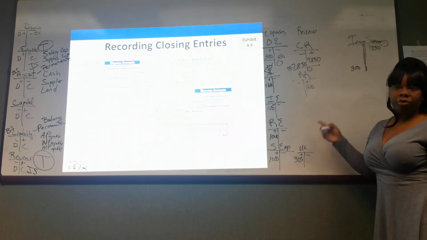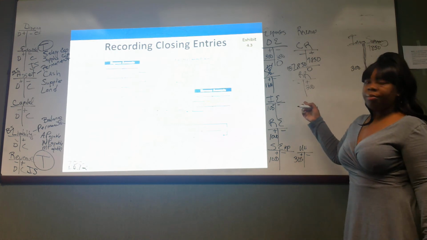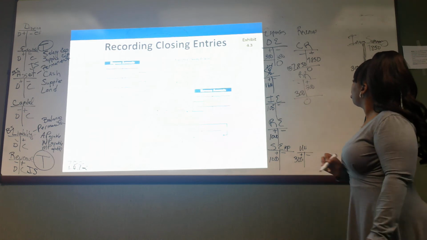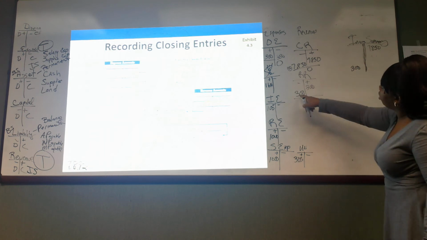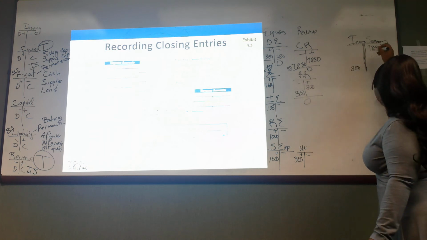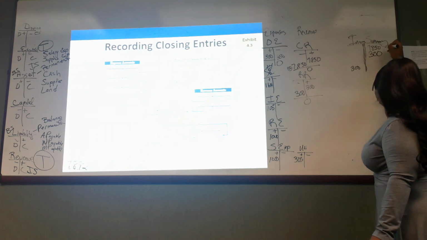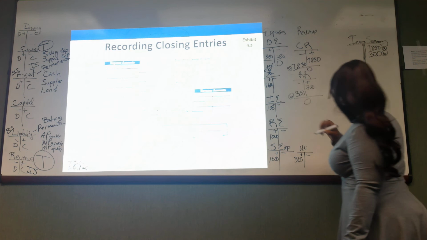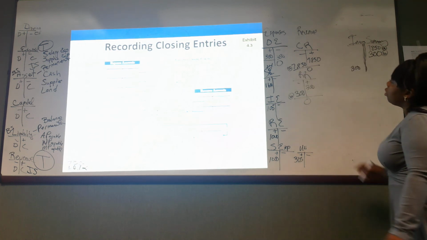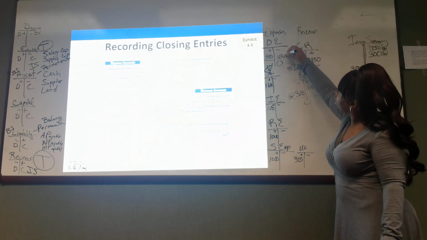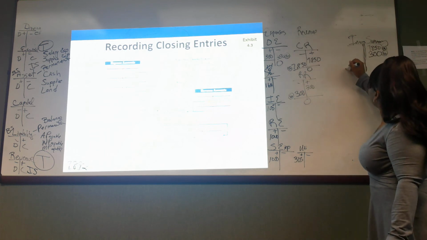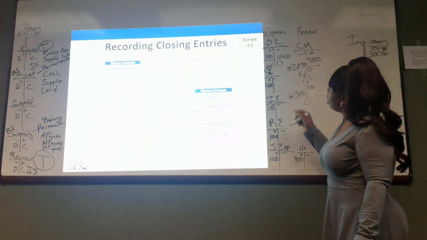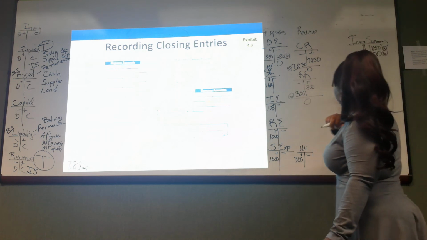Same thing for rent, for whatever kind of revenue this is, rental revenue, right? So if I want to balance it out to 0, I did a debit, now I need to do a credit. So this is A, this is B, now one is A. So this one that we did before is actually C, because now we're working on closing out the expenses. And then the salary expense is $16.10,